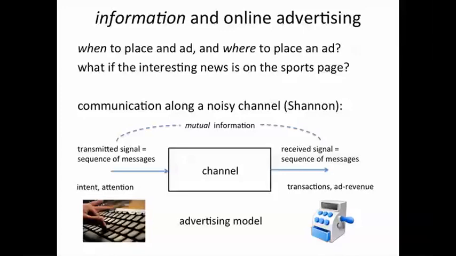is very low. In other words, it's very difficult to predict which paper to advertise in and on which page to advertise in simply based on these signals. The online world, of course, changes everything, because the signals we have are the clicks made by users, the queries made when they search, and the actual content that they are reading. The mutual information, therefore, is much higher. Let's see how.